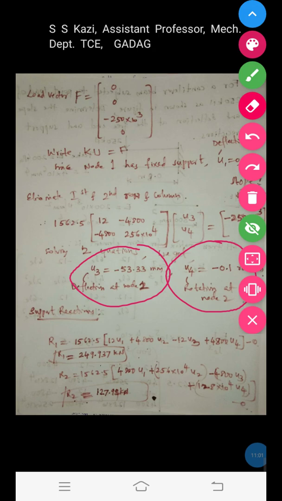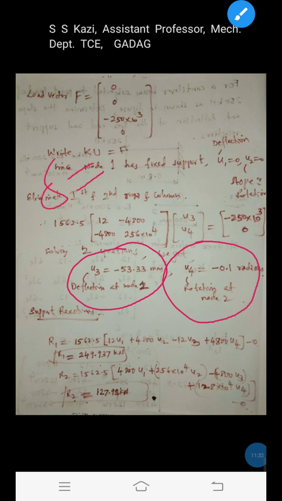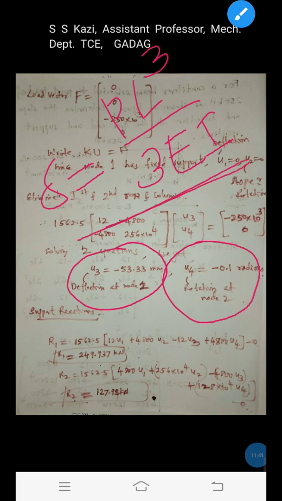Okay, this is how you can determine the deflection and slope or rotation at the free end of a cantilever beam. Also we can check these answers, slope and deflection at the free end of a cantilever beam, with the analytical method results from the strength of materials. From the strength of materials, we know that for a cantilever beam subjected to a point load at its free end, the deflection can be found out, delta is equal to PL cube divided by 3 EI. This is the formula to find the deflection at the free end of a cantilever.